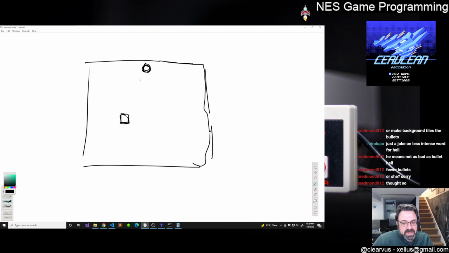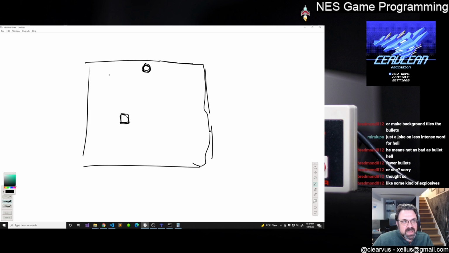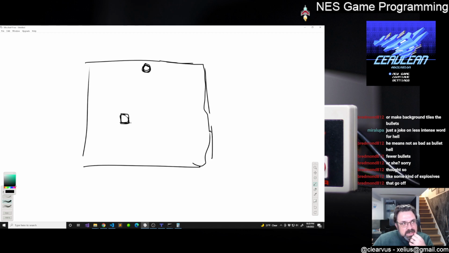The other thing we could do, depending on how clever we want to be, is reuse sprites by changing the sprites while the PPU is drawing, but we don't want to deal with that right now. So the idea that I had was,